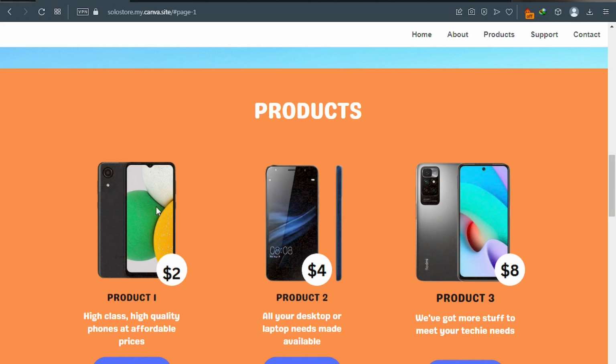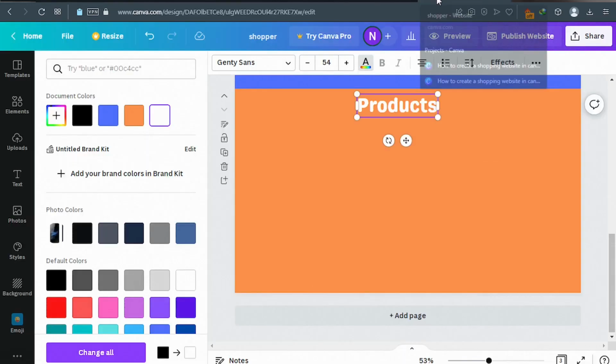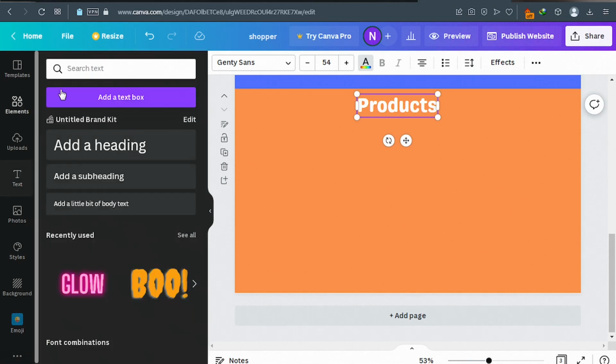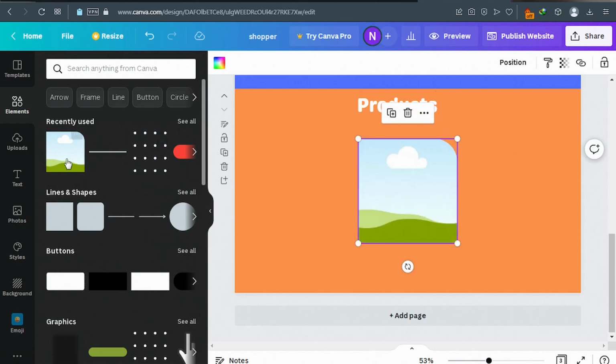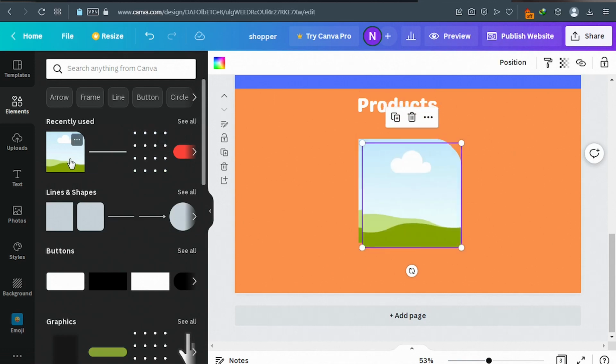So next we have 3 images. So that means we will be adding frames. So 3 frames on the page. So go ahead and add your frames. Now to add your frames, you can go to elements and then type frame. Okay, but if you have it here, just click on frame and then choose your frame. I'm fortunate enough to have my frame here, so I'm going to use this. So I'll click on it, 1, I'll click on it again, 2, and I'll click on 3 because I need